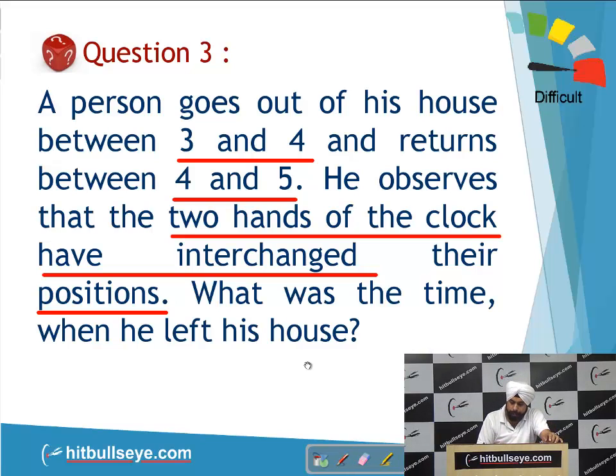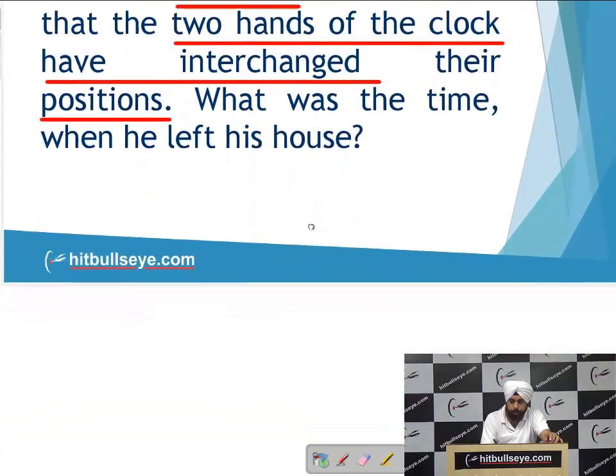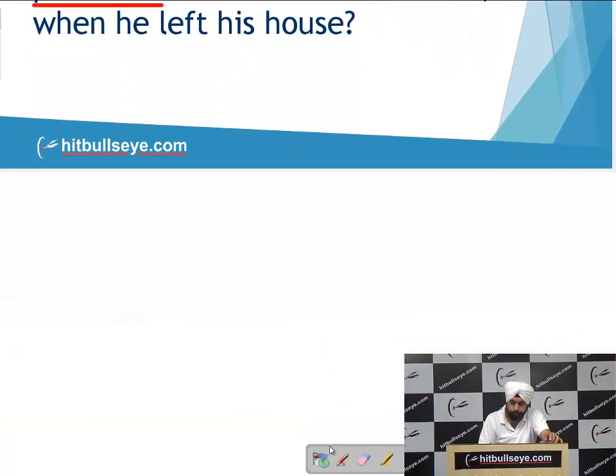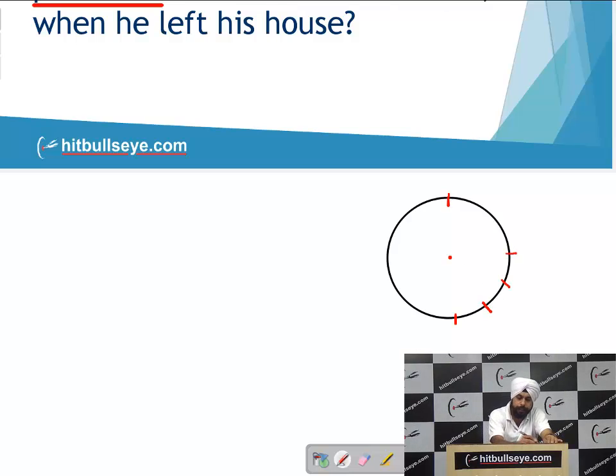Now before we go to that, let's conclude 1 or 2 points here, students. Can you say that the time at which the student would have gone, it is given to be that he goes between 3 and 4. So students, you can say the hour hand will be between 3 and 4. And when he returns, the time was somewhere between 4 and 5. Now because both the hands have only interchanged the positions, so can we say when he goes, the minute hand must be between 4 and 5, students?